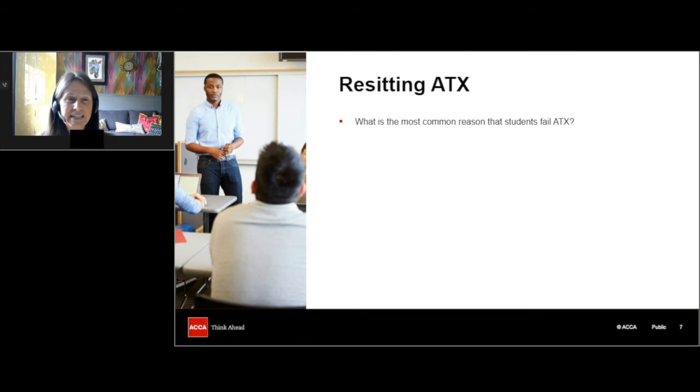And particularly if you are a marginal fail, and sometimes I've had students who almost got there but not quite, how do you increase your mark? And if you are a marginal fail, then that's where you really do need to work on your exam technique. So practice questions to exam time, making sure that you allocate the time and stick to it, and have a go at all the parts of the question, and look at the model answers. So look at your answer compared to the model answer and see if you can compare the two.